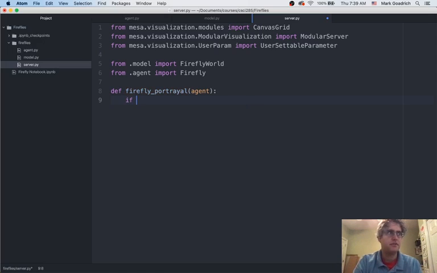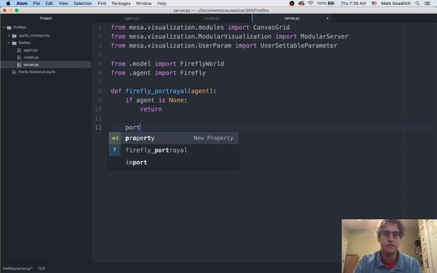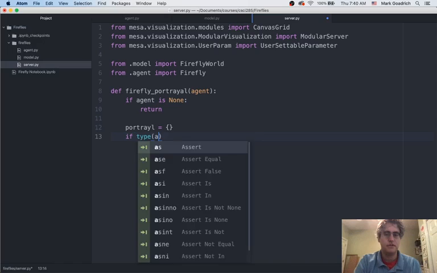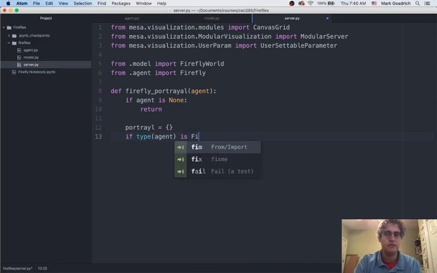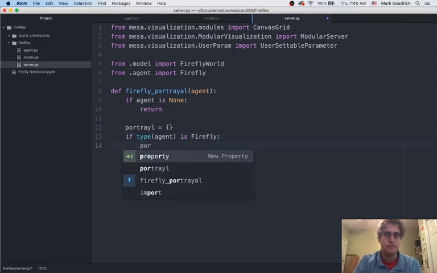So it's helpful for us to say, hey, if there's nobody really here, I don't need a dictionary at all. Nothing is going to happen. Otherwise, let's give myself a dictionary. Now, technically we know in our model every agent is going to be a firefly, but I want to write it like this so we have a good example of how to extend it if we happen to add more agents. So if the type of the agent is Firefly,